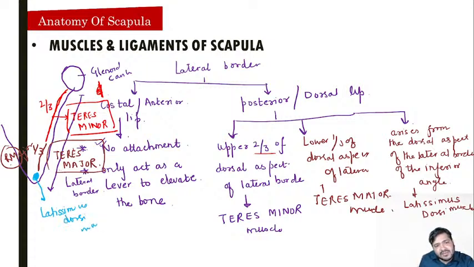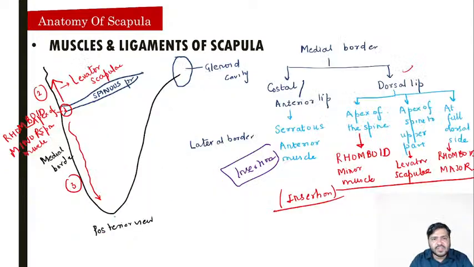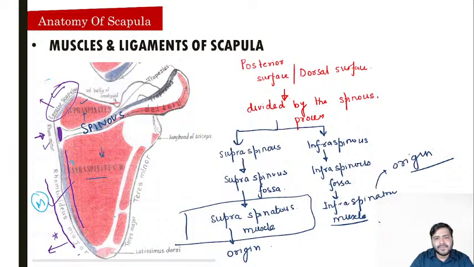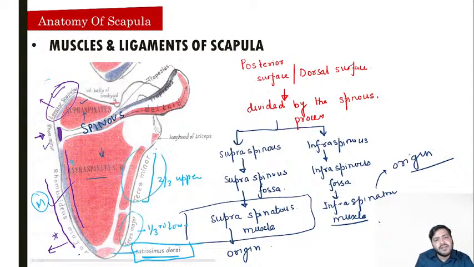ये teres major के भी just नीचे होता है, just closer to the inferior angle of the scapula, and you can find these three muscles, and just try to visualize it over here कि सर ये आपने मसल्स हमें दिखाई। तो you can see that teres minor 2/3 upper, टेरेस मेजर 1/3 लोअर, और इंफीरियर एंगल पर लेटिसिमस डॉर्सी। तो ये तीनों मसल्स आप लोगों को क्लियर हो गई, मीडियल बॉर्डर, लेटरल बॉर्डर, एंटीरियर सरफेस, पोस्टीरियर सरफेस ऑफ द स्कैपुला डन, सारे मसल्स डन।